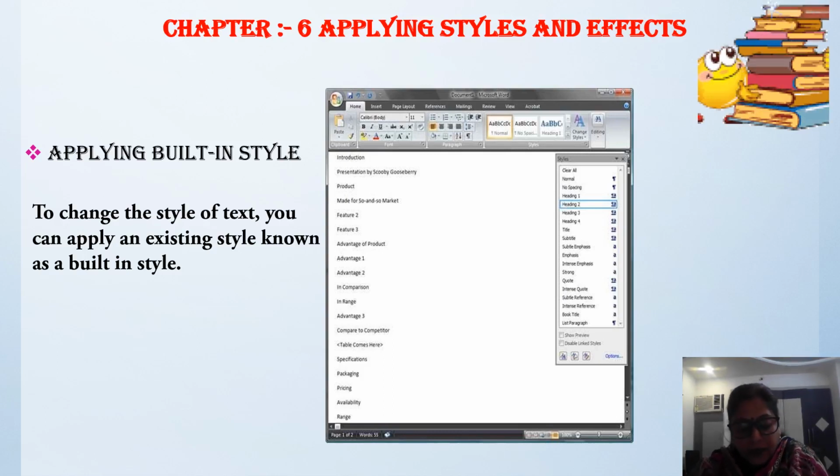It displays the list of built-in styles. Choose the style Heading 1. Observe the change in appearance of the text. Understand? Okay.